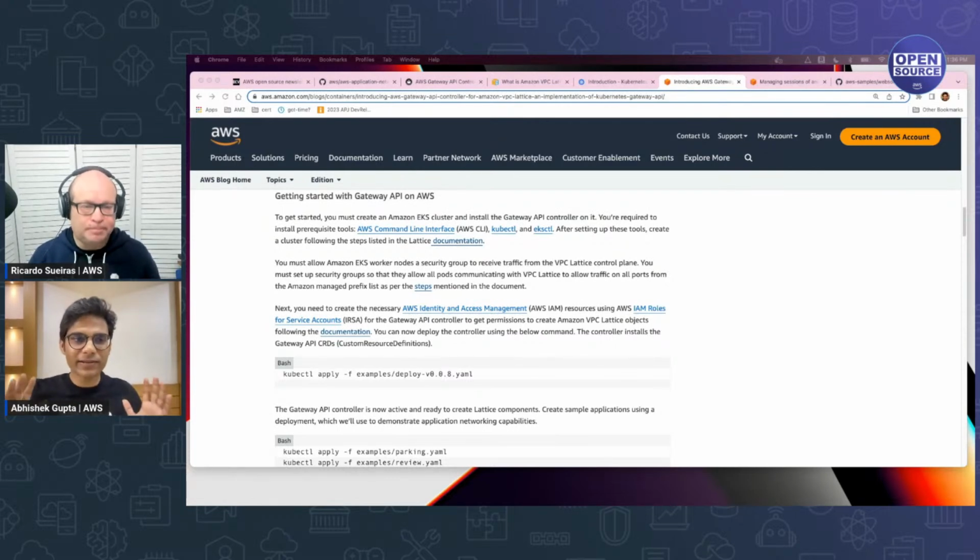That's right. This is a Kubernetes native way of doing things, right? If you know of ACK, the AWS Controllers for Kubernetes, it's like that. You again work with your favorite YAML files, you work with manifests, of course you can codify them, and then kubectl apply, and boom, you have your VPC Lattice objects. In this case, of course, with this gateway controller project. Of course, there are other implementations. Nice, like it. Very cool.